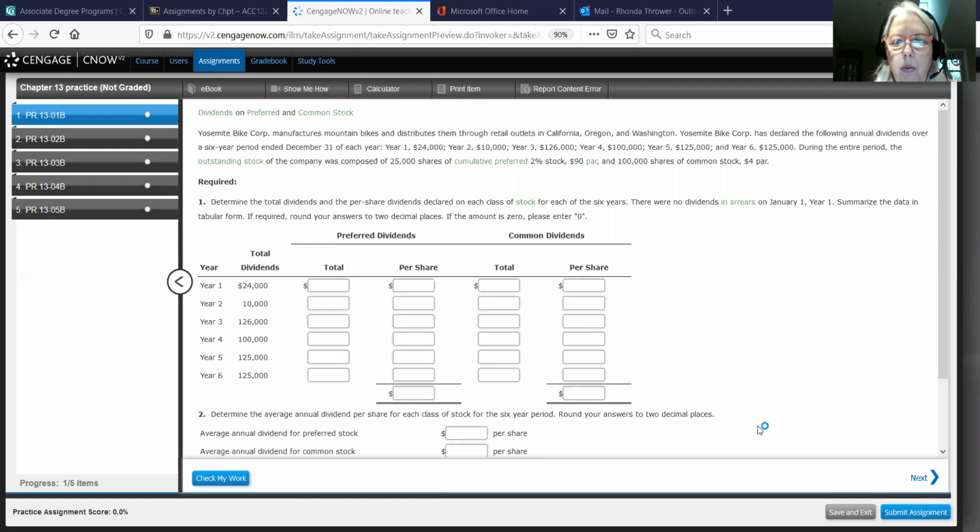First of all, we want to make sure that we read the instructions. In this particular problem, we're going to be the Yosemite Bike Corporation, and we're going to manufacture mountain bikes and distribute them through retail outlets in California, Oregon, and Washington. Yosemite Bike Corporation has declared